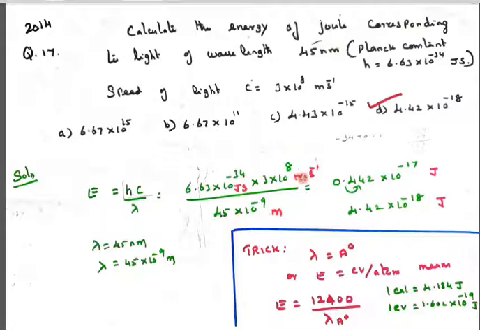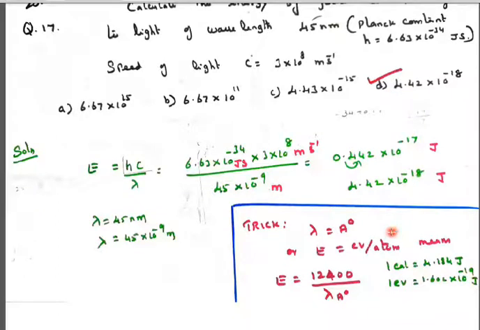So meter cancels, and per second and second cancel. So left only joules. After multiplying and dividing, we are getting 0.442 into 10 to the power of minus 17. After subtracting minus 34 and 8, and when the denominator's power goes up, it becomes 10 to the power of plus 9. We are getting 10 to the power of minus 17 joules. When we shift the decimal point by one place, it becomes 10 to the power of minus 1, and adding to the 10 to the power of minus 17, we are getting 10 to the power of minus 18, because in the options they have given only the 18 option. So we converted minus 17 to minus 18.